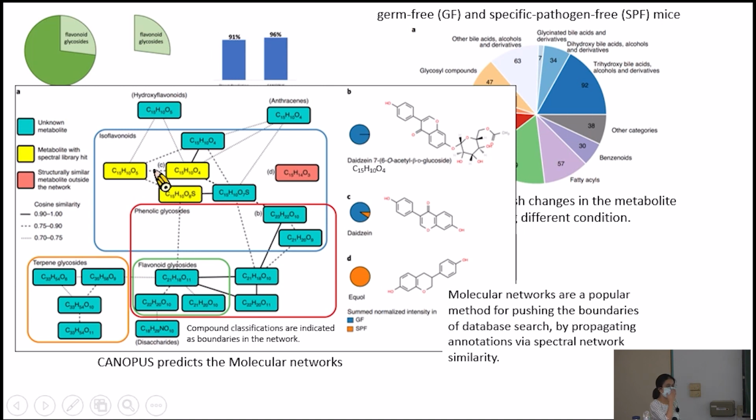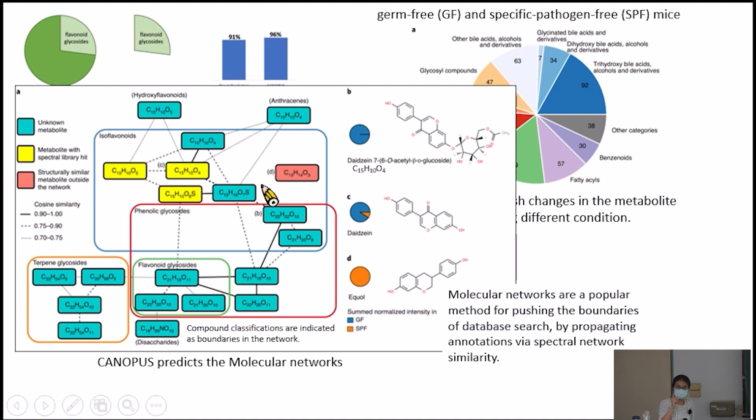They also mentioned that based on the CANOPUS predictions, they can get a network. They can show the connection between two compounds. Okay, so based on these calculations, they think they can also calculate all of these as a boundary of